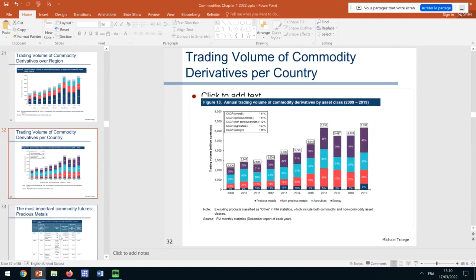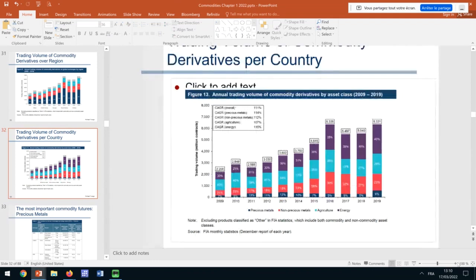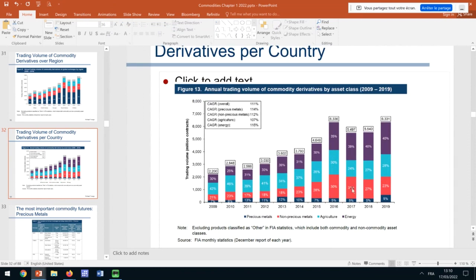You can also see that, globally, the most important contracts being traded are financial. I mean, the most important futures contracts are financial futures. And in terms of commodities, you can see that the most important commodity futures contracts are energy futures contracts, and